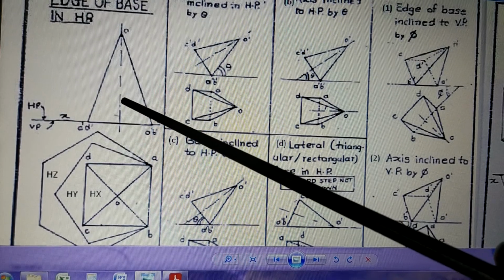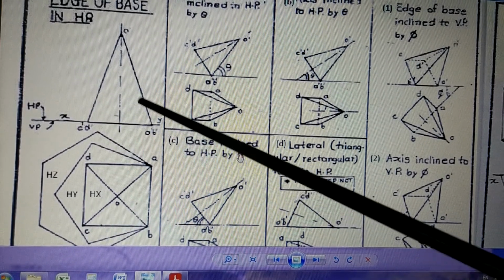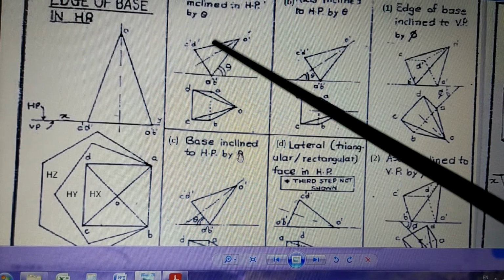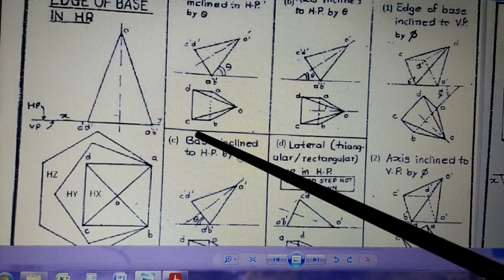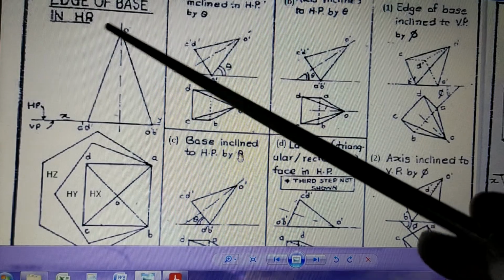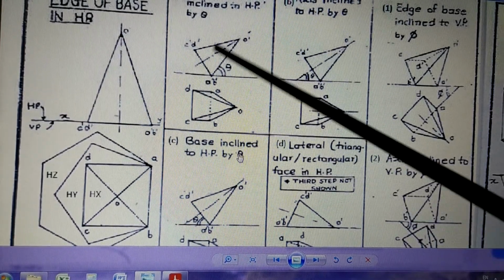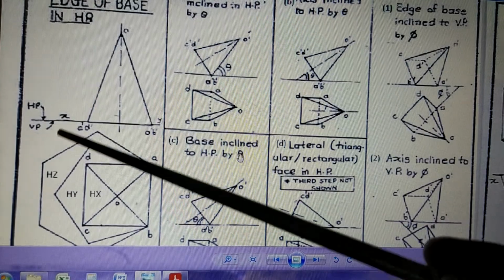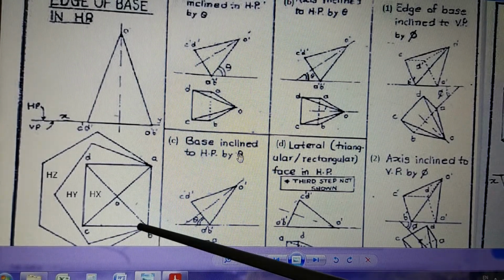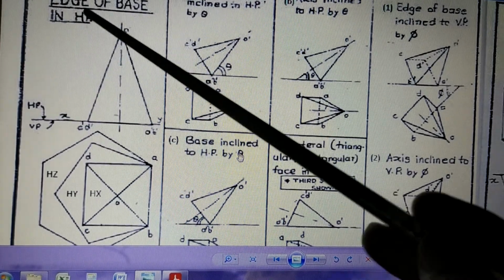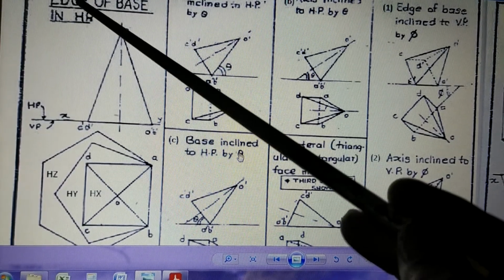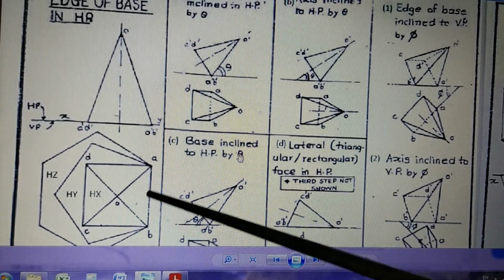So when the pyramid was not inclined, when it was resting on HP, its top view was like this. But when you incline the same pyramid and see from above, it is going to be seen in the top view like this. Correct? So these four figures, 1, 2, 3 and 4, together indicate that a square pyramid of size, let us say, 40 by 40 and height 100, is resting in HP on the edge of its base. Which is the edge? AB is the edge. It is resting on edge AB.